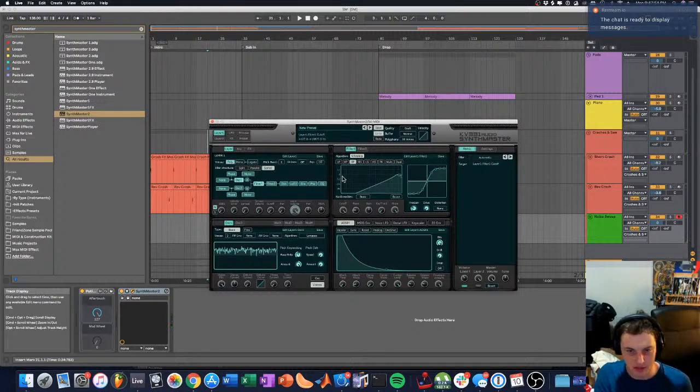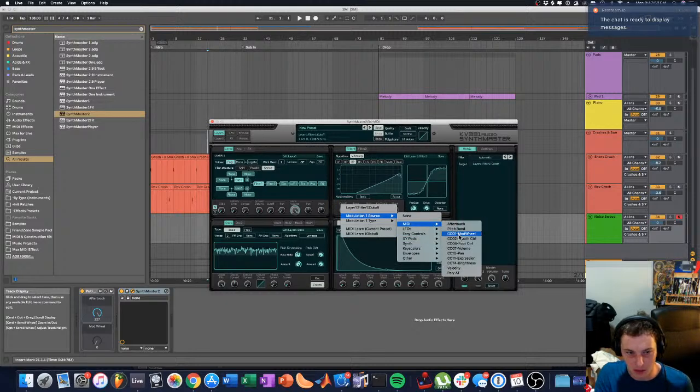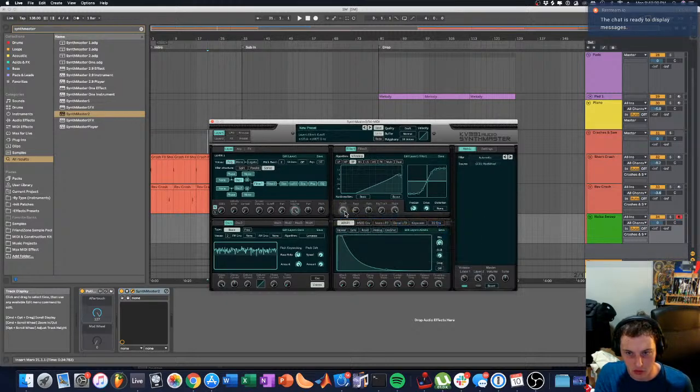You know, that's already sounding probably as close as I'm going to get it. I am going to assign the mod wheel to control the filter cutoff, so